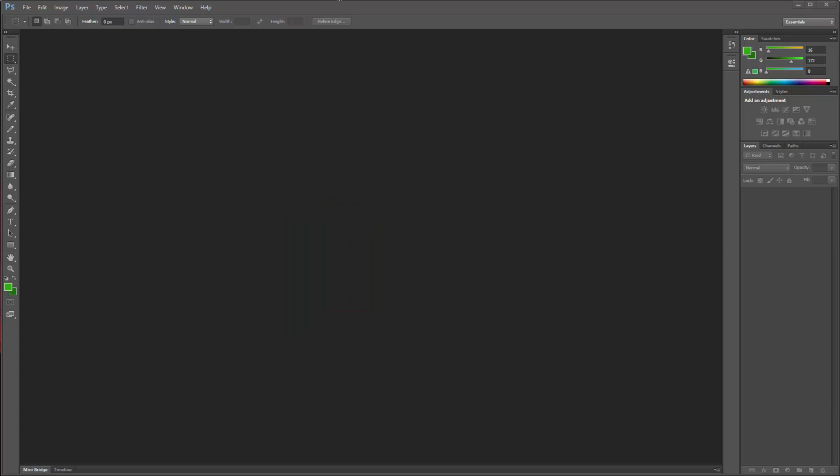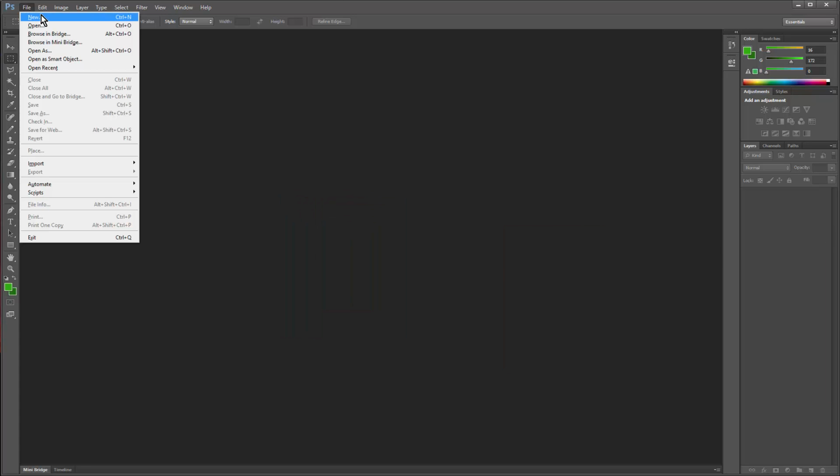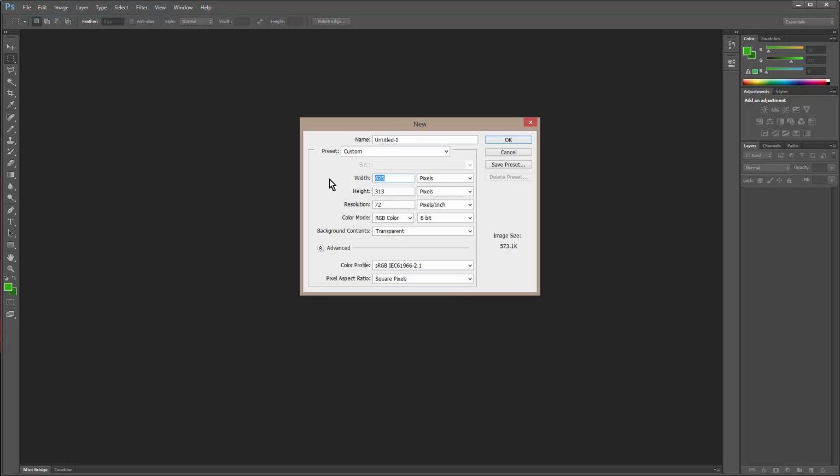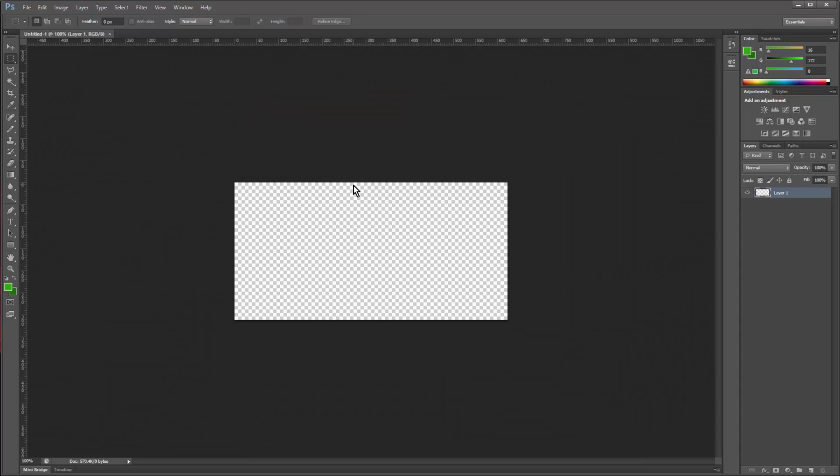So we can create a canvas in Photoshop, 624 by 312. Okay, so that's the size of the table,